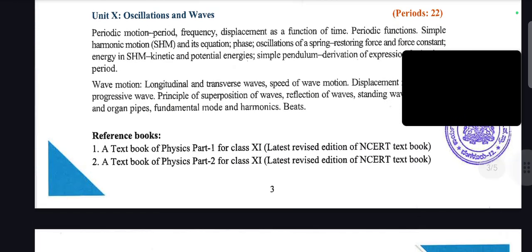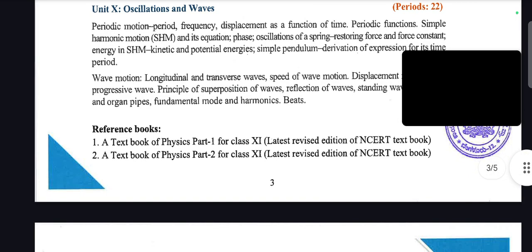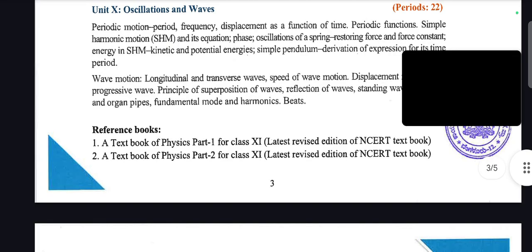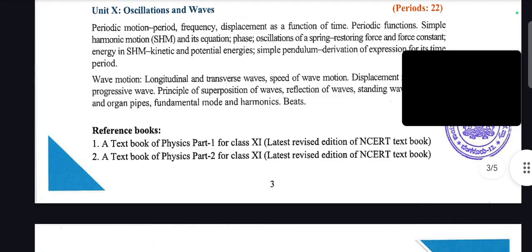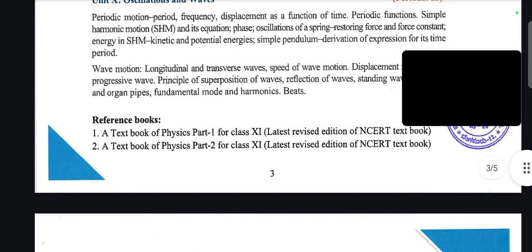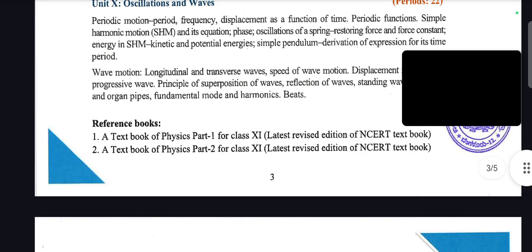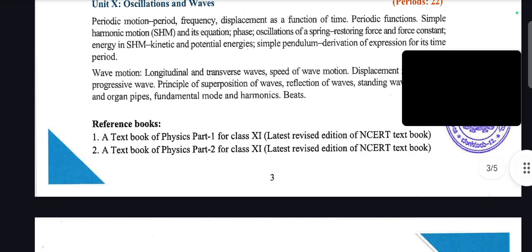Unit 10, oscillations and waves: periodic motion, period, frequency, displacement as a function of time, periodic functions, simple harmonic motion and its equation, phase, oscillations of a spring, restoring force and force constant, energy in SHM, kinetic and potential energies,